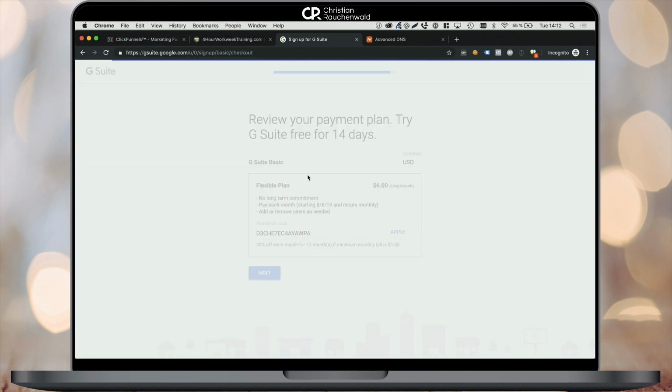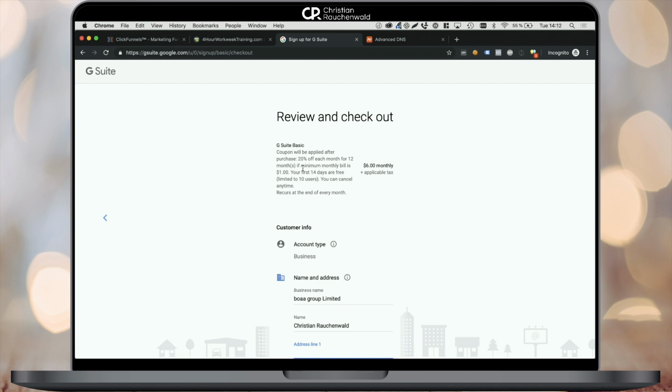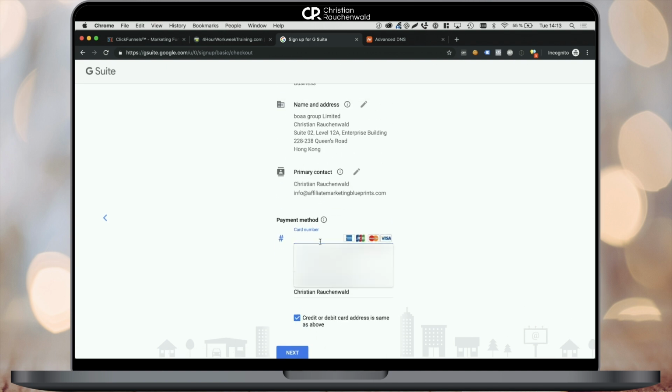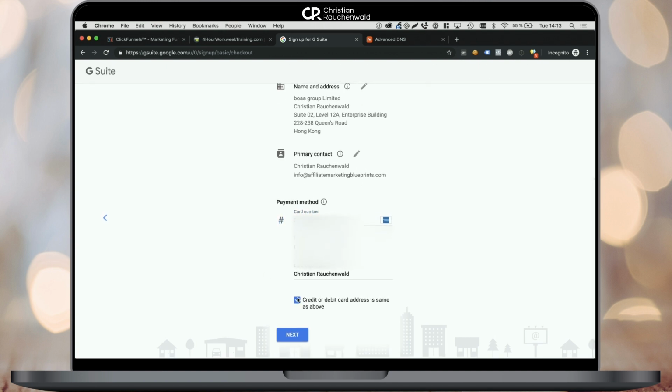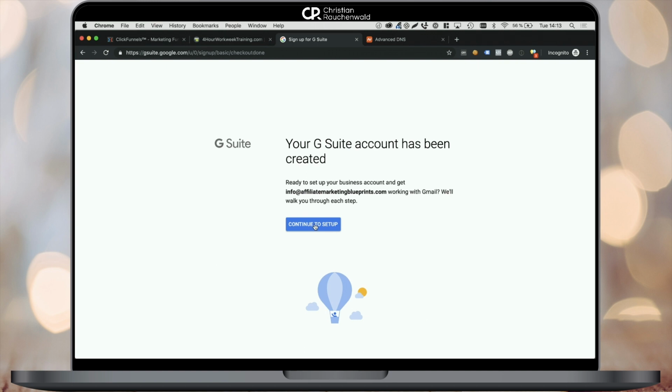After applying the coupon code and clicking on next, it's time to review and check out, meaning you'll see the data that you entered and you will get the possibility to enter your billing address, and you will need to provide Google with a valid credit card so they can process the payments for your Google Suite account after your free trial expires. Once you've entered all your information and double checked it, simply click on next to finish your